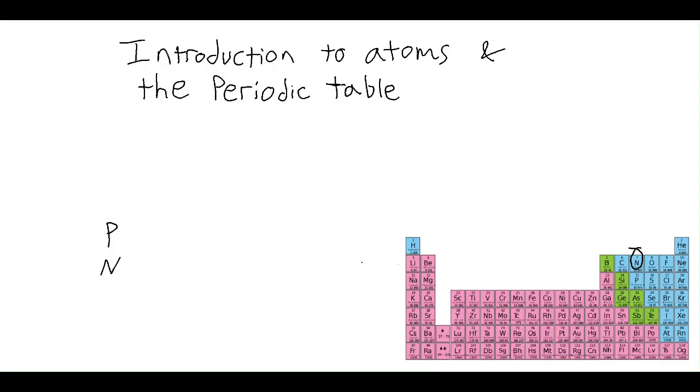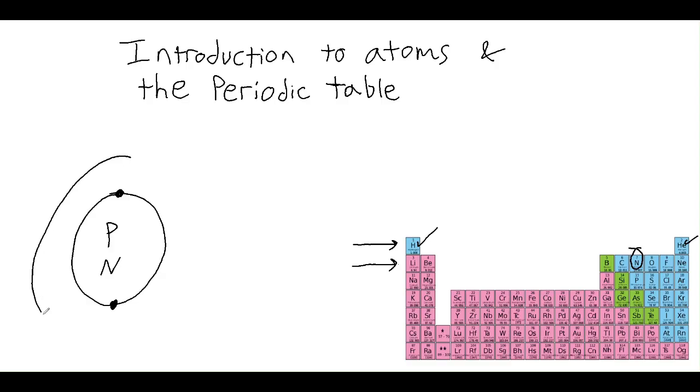So because nitrogen is located in the second row of the periodic table, that means the first shell, represented by the first row, is full. And so we will represent the first shell with a circle here, and it holds 2 electrons, 1 and 2. And then we will draw a second shell,